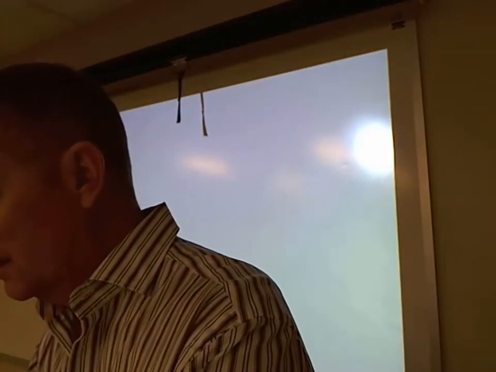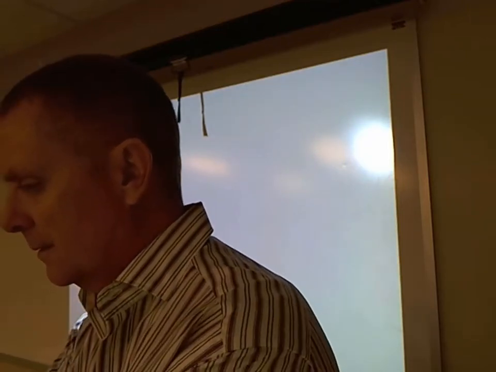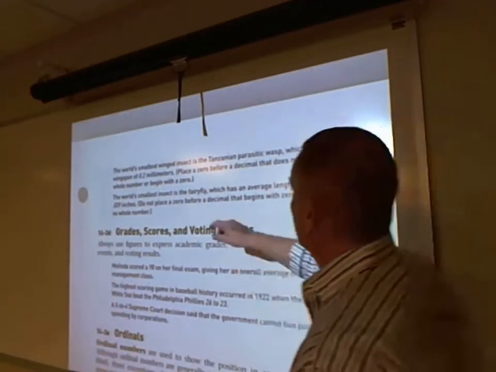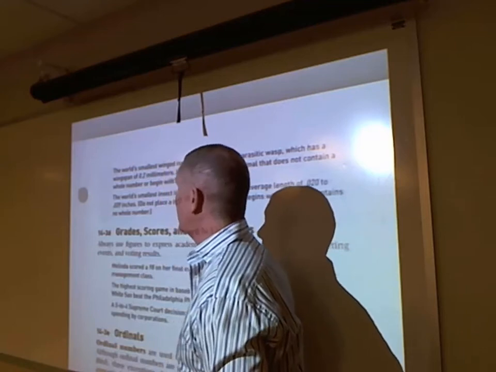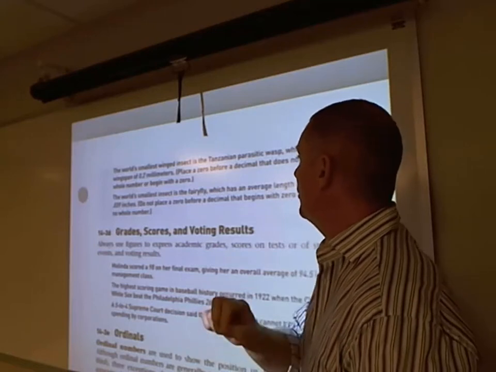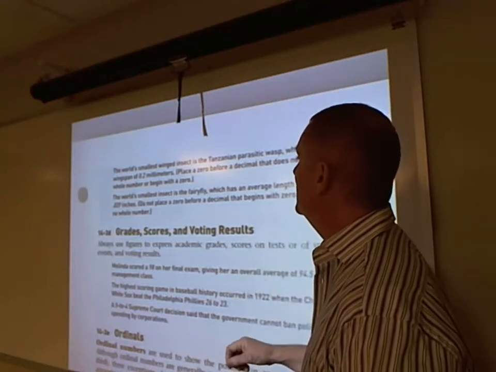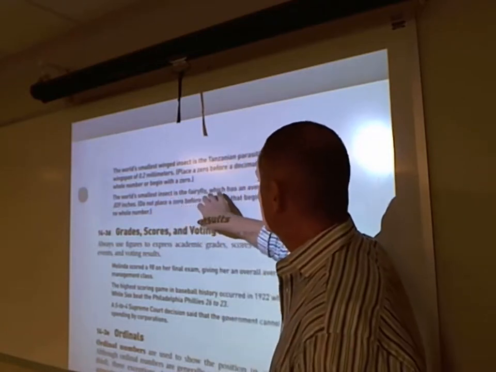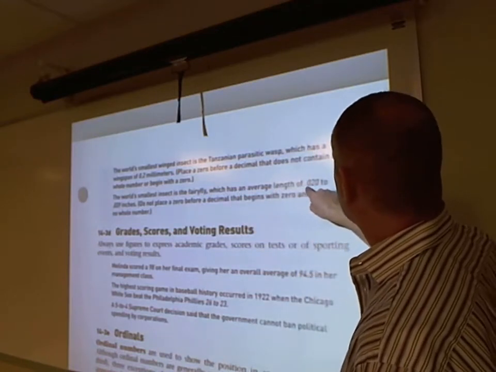Okay, so we have 0.2 millimeters. Since 2 on the right side of the decimal point does not begin with a 0, then we're going to put a 0 before the decimal point, 0.2 millimeters, just to ensure that it's read as 0.2 of a millimeter. The world's smallest insect is the fairy fly, which has an average length of, here it's 0.020. Since the number immediately following the decimal point is a 0, therefore a 0 is not required to the left of the decimal point, because that number begins with a 0, so it's 0.020, and that would be easily